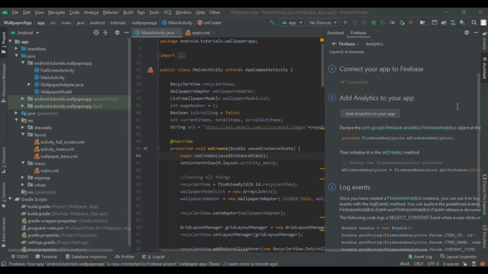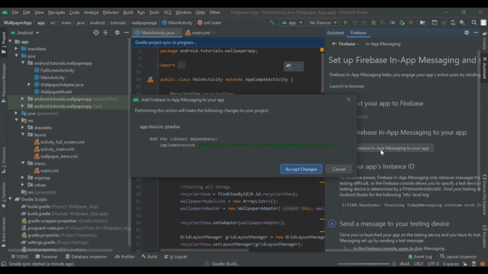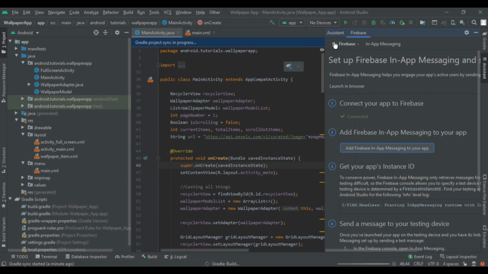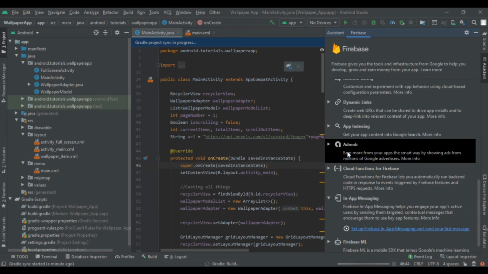So we get cloud messaging, so add FCM to our application. So accept the implementation, and then it is the in-app messaging, so enable this also. So we have implemented all our four things, so let's see if we can add something more.